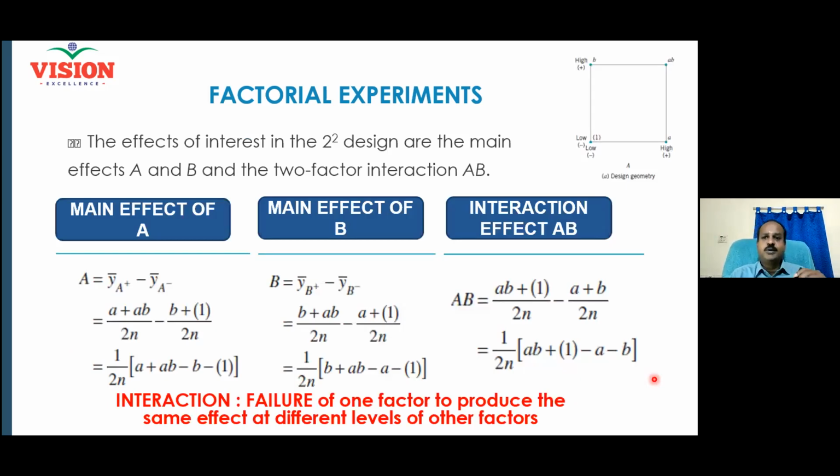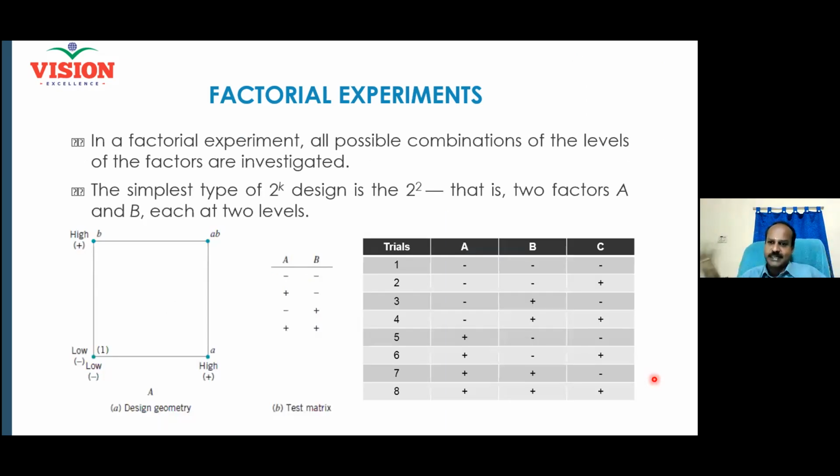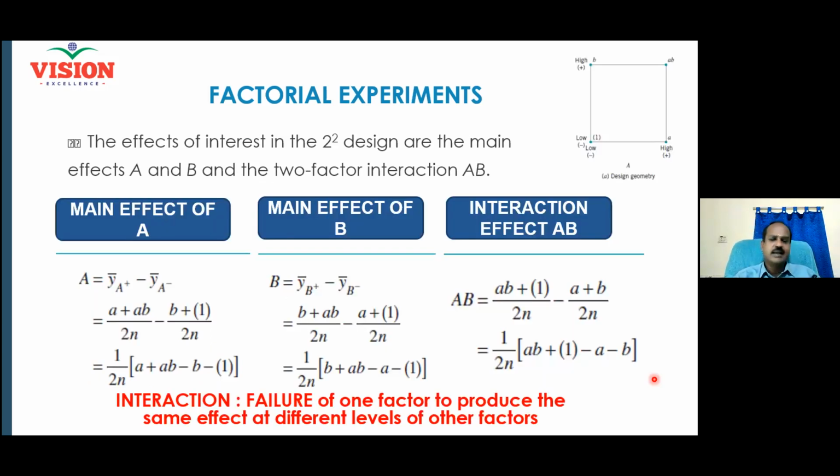Now, how to calculate the main effect and how to calculate the interaction effect. Some mathematics should always be understood. Otherwise, what happens? All the results will come and Minitab will give the result, and then people will wrongly interpret. This is what generally happens. You go anywhere, people talk about the results, but if you don't know how the results come, how will you interpret the result? So we will talk about some math, so that you yourself can talk about the results.